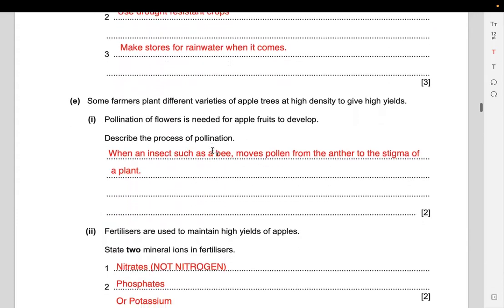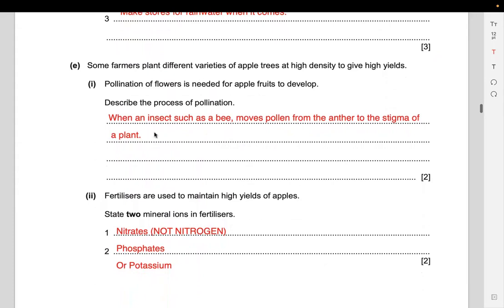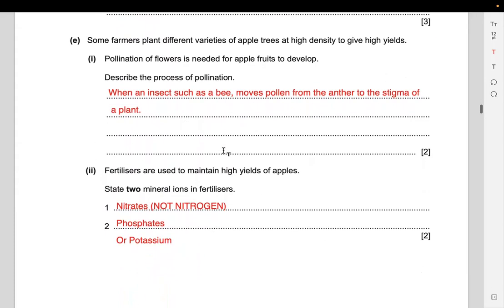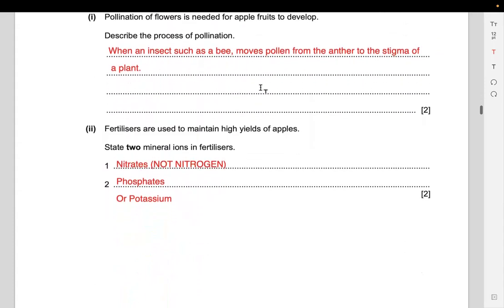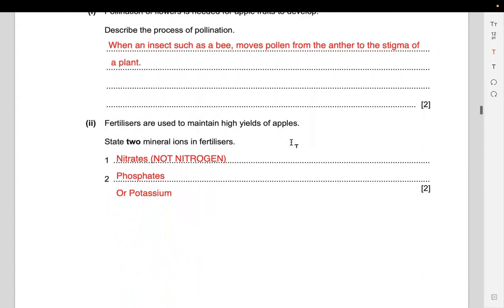Right, this one describes the process of pollination when an insect such as a bee moves pollen from the anther to the stigma of a plant. That's rarely been on the exams, I have to say. And in the past, I basically used to skip over it. I didn't even really contemplate